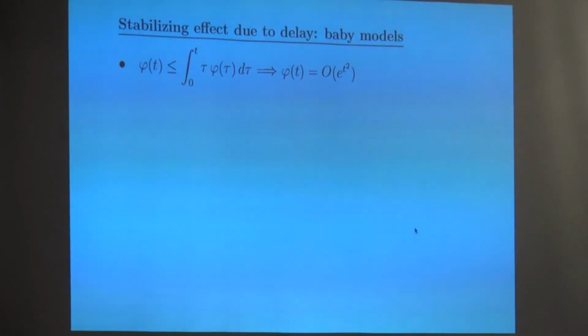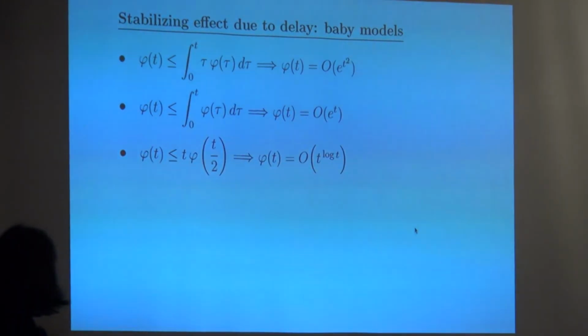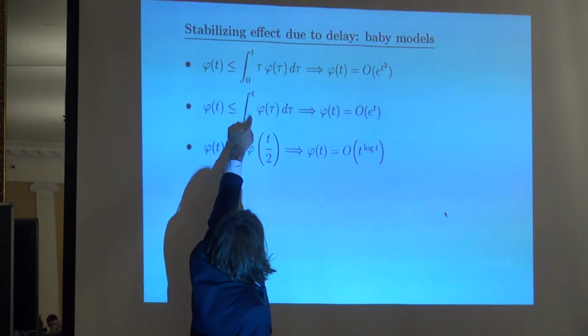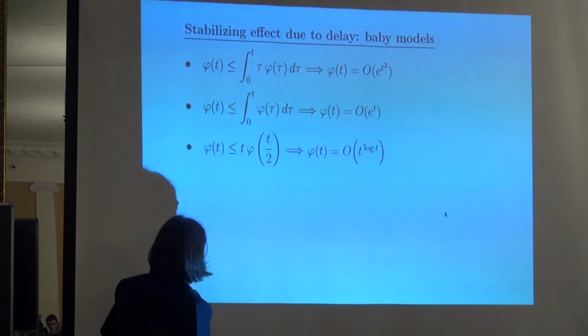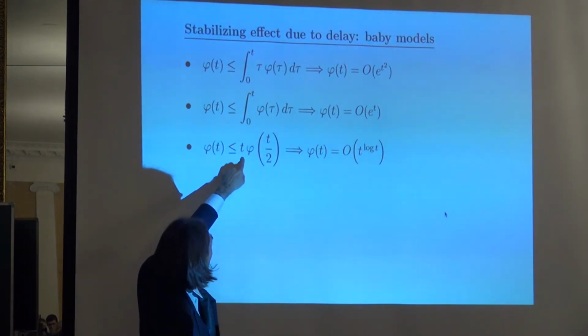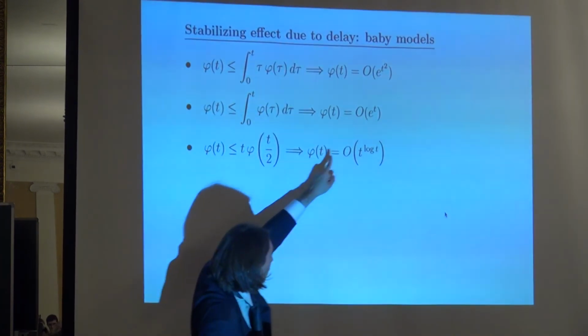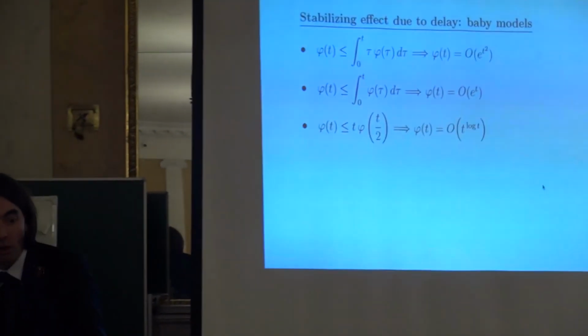From this experiment, we understand that plasma is a strange object in the long term, which reacts with delay. And this is an extremely important observation because delay is stabilizing. To convince ourselves of this, we can look at the following baby models, like Grönwall-type equations, with a linear kernel there and a disastrous growth. Here, linear only in the integral sense, and you spread it over the integral. And here, linear again, but you concentrate all the mass of the kernel at the half-time, then the growth is much, much slower, like t to the power log t.